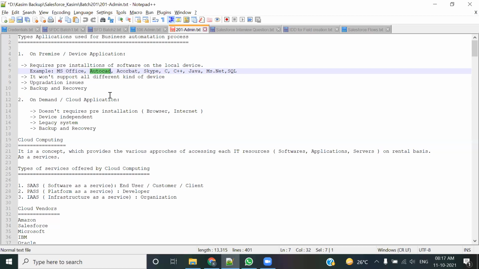Or if someone of you has used Photoshop or something like that, you first installed it on your laptop or desktop. If someone of you has done some programming, like C, C++, or Java, then for Java you need to install the JRE, the Java Runtime Environment, or rather the Java Development Kit. If you have gone with .NET, you need to install the .NET suite on your device, the complete MS .NET suite.